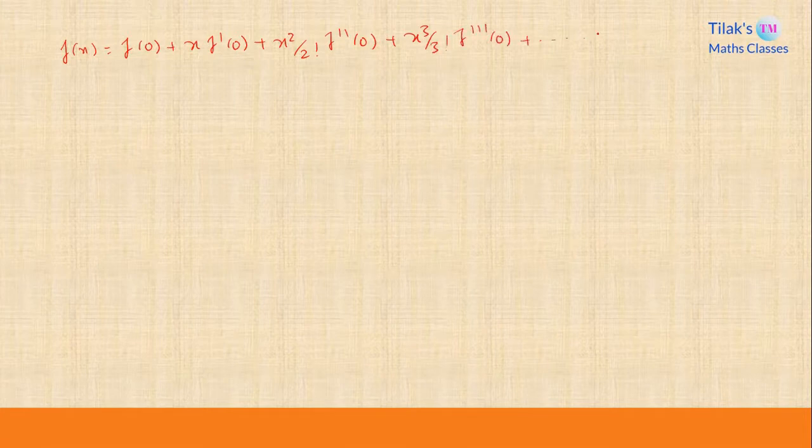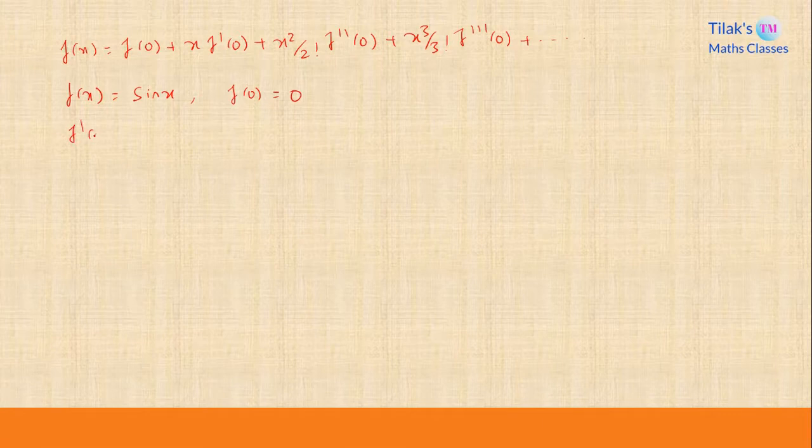This is an infinite series. In fact, Maclaurin series is a special case of Taylor series, both of which we will discuss in future videos. Now using this we can determine the power series of sin x, cos x and in fact e power x. So if we consider f of x is equal to sin x, then we know f of 0 is equal to sin 0, which is equal to 0.